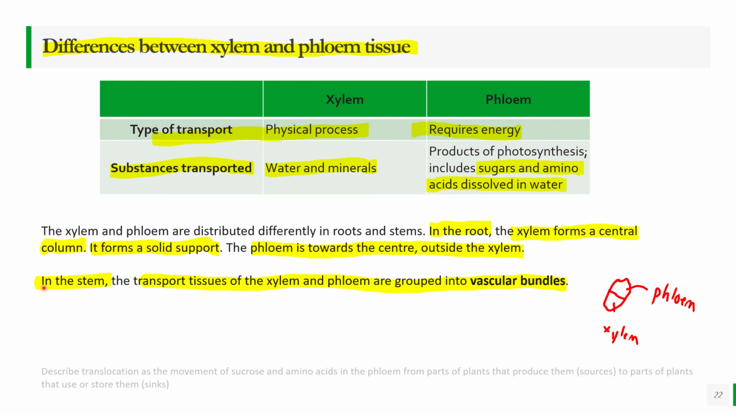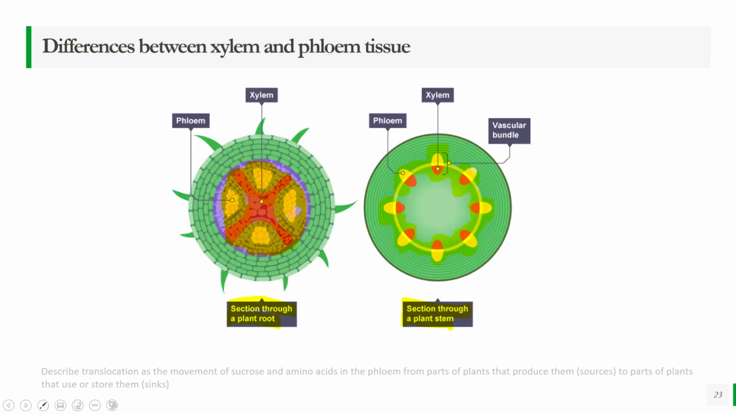Okay. On the other hand, in the stem, the transport tissues of xylem and phloem are grouped in vascular bundles. So it's something like this. Okay, I will just show you in the next slide. Okay, so you can see here, this is in the roots. Okay, so the roots, for structure, it requires the xylem. Okay, the roots couldn't be too thick too, as you know, because